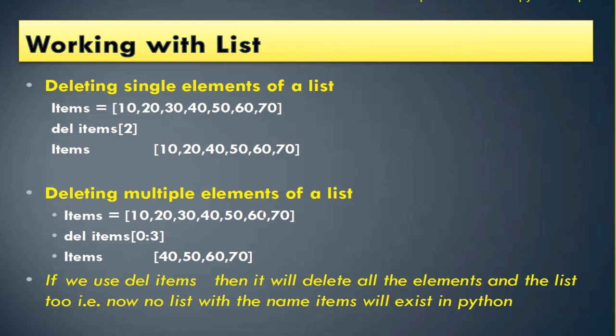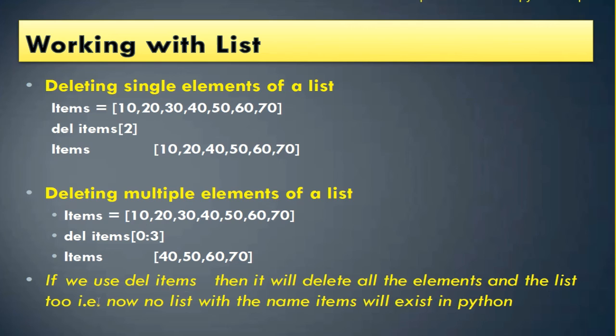Now, to delete multiple items of a list, we use slicing. See here the list is mentioned, items, with all its elements. Now del items[0:3]: 0 to 3 means 0, 1 and 2, these three elements will be deleted. So see, 0 1 2, three elements are deleted. As said, if 3 is mentioned, then up to 3 you don't need to go. 3 minus 1, that is up to the second index you need to move.